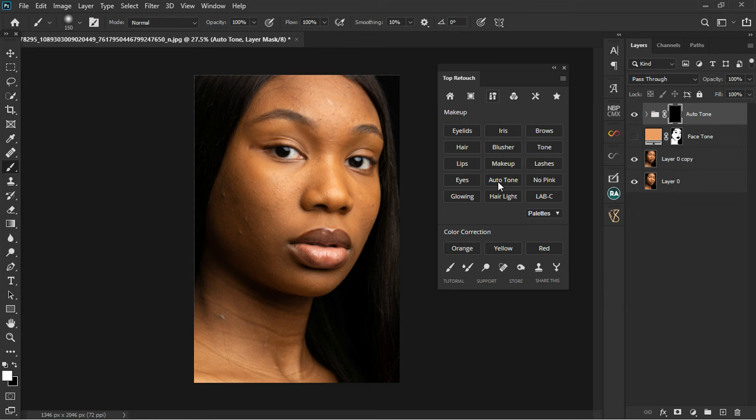Now from the home button I can create a new document, just like how you come here, File, New. You can open a document just like the way you have opened right here, and also duplicate and transform. You can right click and you're going to see Duplicate Layer. For Transform, you can come right here, Edit, and you're going to see Transform. These are basic operations you normally do. Rotate and Apply Image: Apply Image is seen under Image, Apply Image. Then Rotate, you can see under Edit, Transform, Rotate. These are just the basic normal